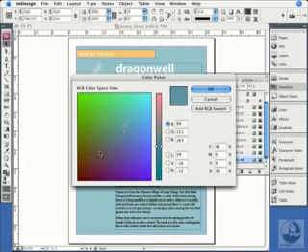If you're going to use the color picker, there's one main thing that you need to pay attention to more than anything else, and that is which of these fields you have selected. For example, if you click in any of the CMYK fields, then you're going to be adding CMYK swatches. If you click in the RGB fields, then you're going to be adding an RGB swatch. So be very careful to always click in CMYK if you want a CMYK swatch. Then you can pick out your color from within this color picker.